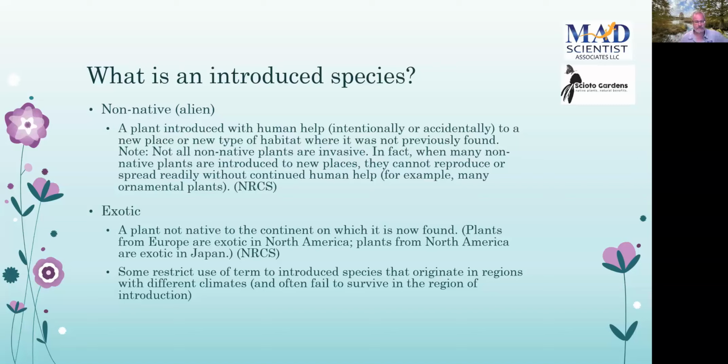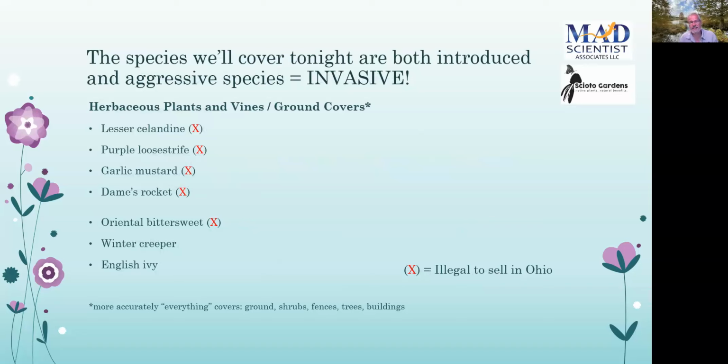So the species we're going to cover tonight are both introduced and aggressive, and that's how I tend to view the term invasive, or how I use it. And I have two slides here that cover the species that I'd like to talk about tonight. The list of invasive species is longer, but I've targeted those that are of particular concern because of their invasive nature, and